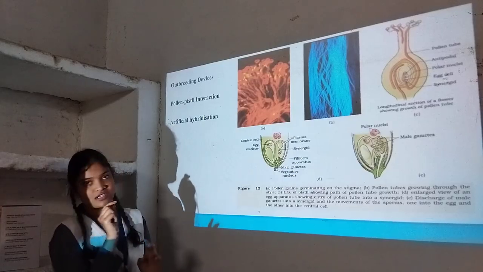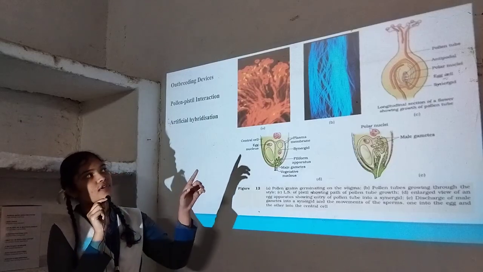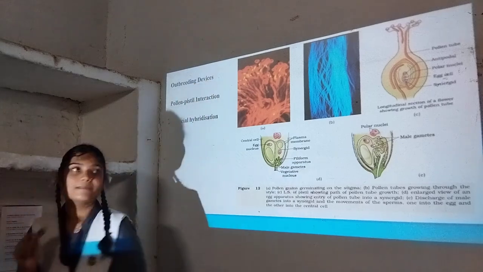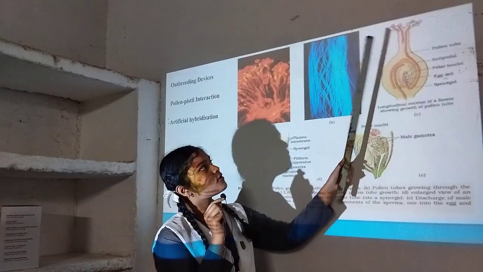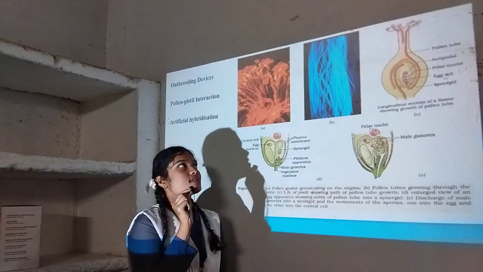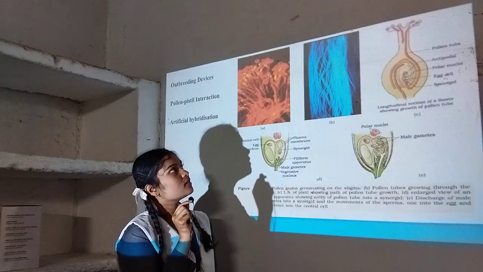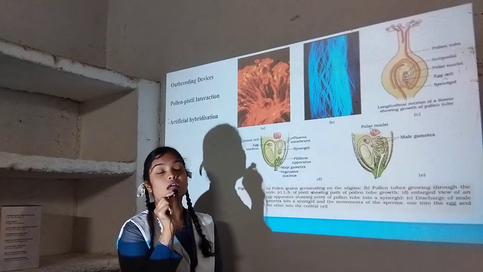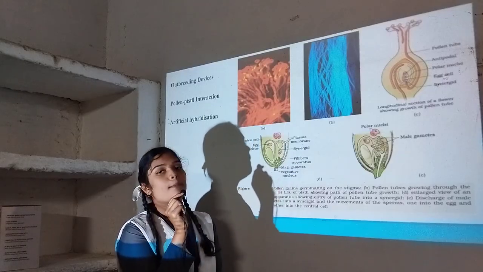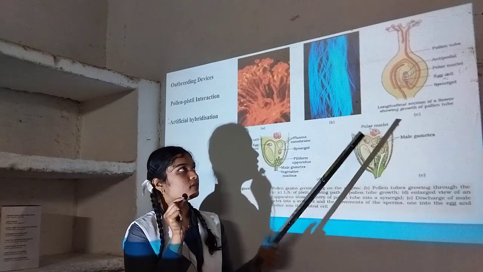Now, the pollen pistil interaction, in which firstly the pollen grain will land on the surface of the stigma. Then the process of recognition starts, in which the pistil recognizes the pollen grain, whether it is compatible or incompatible, and this process happens due to the dialogue between the chemical components of the pollen grain and stigma. And if the pollen grain is incompatible, the stigma will reject it and not allow it to germinate its pollen tube.